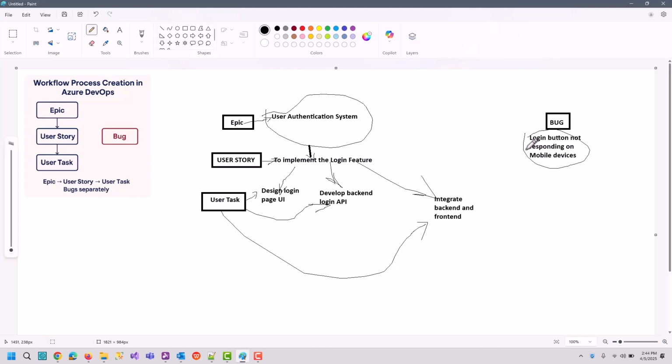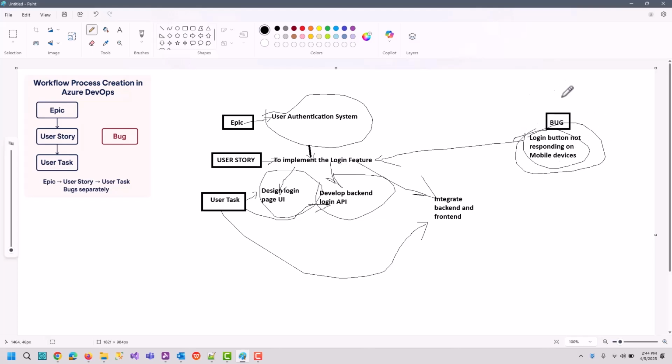You can link this bug with any of the tasks. Maybe this is not related to develop backend login API. You can directly link this to the user story, because here we are implementing the login feature and the login feature is not working.